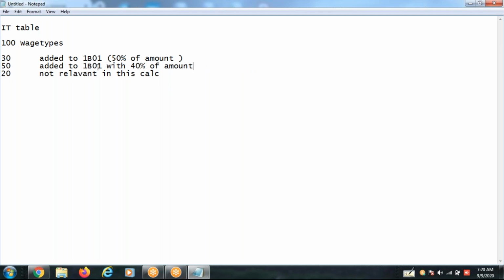Clear? So 50 wage types, 40% of their amount is added to 1B01. 20 wage types are not relevant in this calculation.